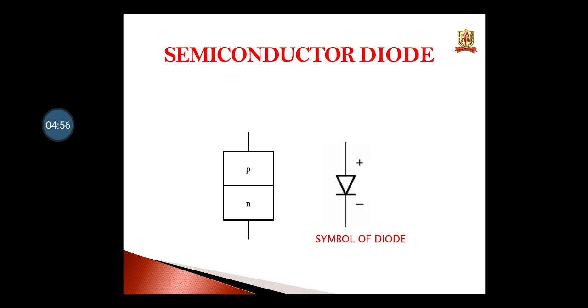So this is the block of your semiconductor diode, the construction details. P and N type extrinsic semiconductors are joined, and the terminals are taken out, one from the P side and one from the N side. And here is the symbol of the diode, you can see. So this PN junction diode is shown in this way. From the P type, the terminal is called the anode, and the terminal taken out from the N type is called the cathode. The anode is shown with a plus sign and the cathode with a minus sign.